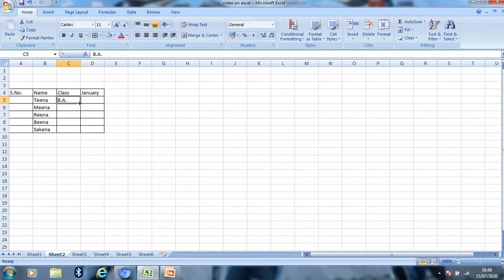When a bold plus sign appears, click the left button of your mouse and then drag through the row to which you want to autofill, and then release the button of your mouse.